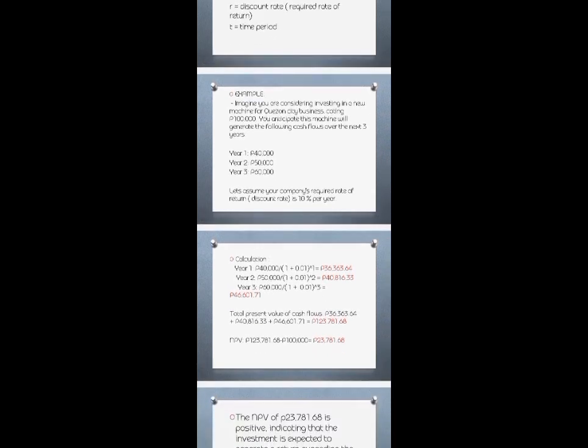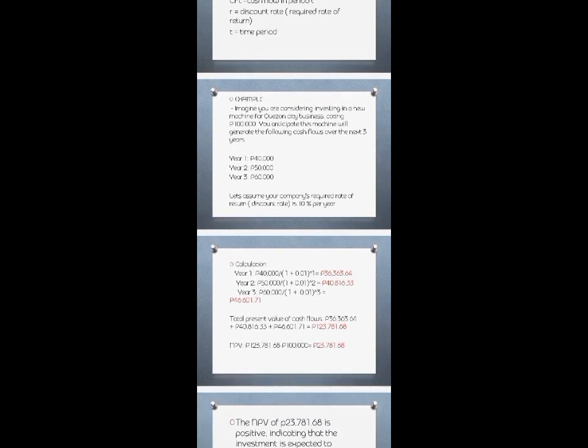50,000 over 1 plus 0.01 over 2. Remember that the formula is raised to the power of t, the time period, and we are in the second year, and equals 40,816.33. And as follows, year 3: 60,000 over 1 plus 0.01 raised to the power of 3 equals